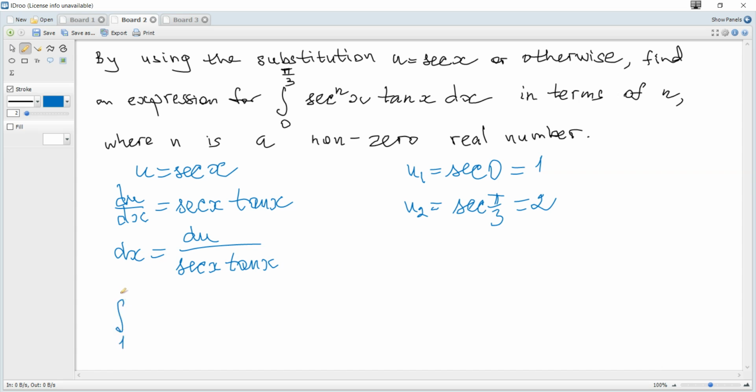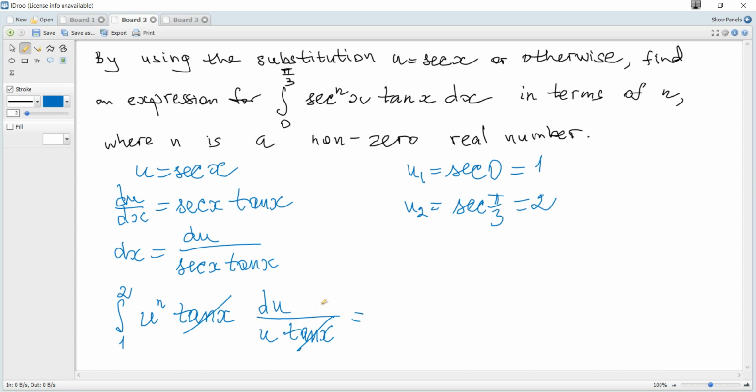the integral from 1 to 2, where secant to the power of n becomes u to the power of n, tangent, and dx is du over secant tangent. Secant is u and tangent, and we can see the tangent cancels and we get an integral in terms of u only, as required. If some function cannot be easily replaced by something in terms of u,